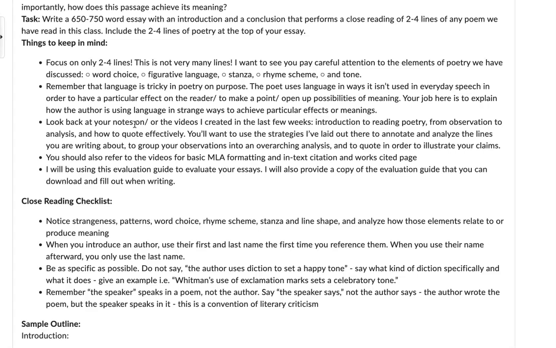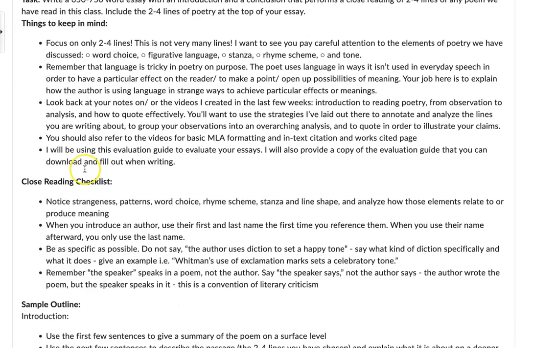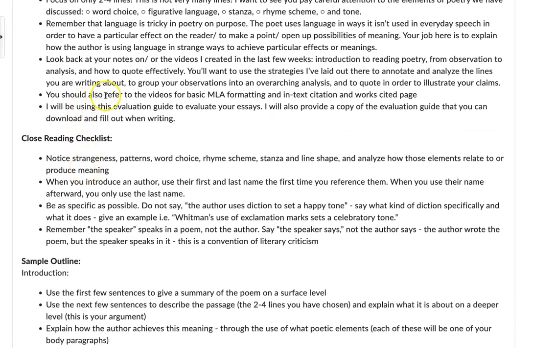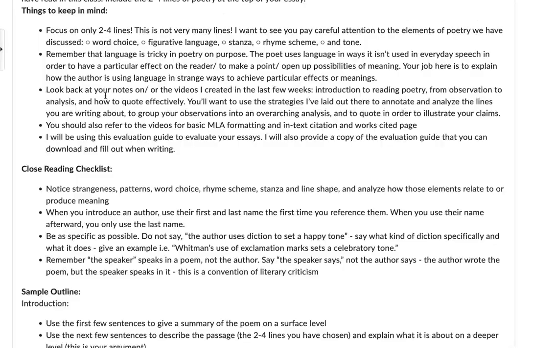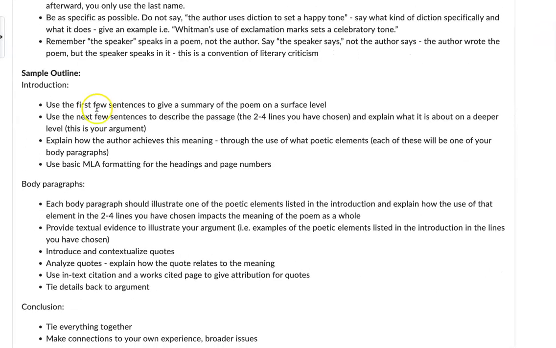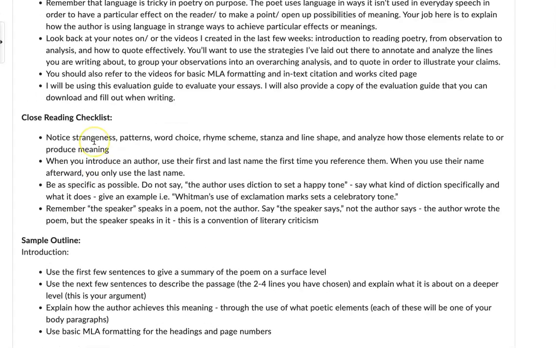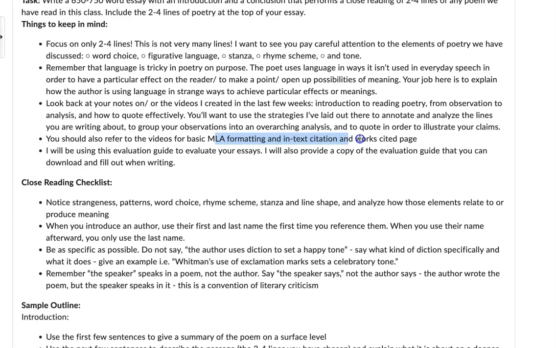When I say literary analysis, what I mean by that is laid out in those videos. So go back, check them out, and practice that kind of writing. You should also refer to the section in the course menu for videos and instructions. There you can find videos about MLA formatting, in-text citation, and the works cited page. Check that out because that is part of what you're going to be evaluated on. I assume that you know that from last semester in English 110, but there are review videos that you can see there.